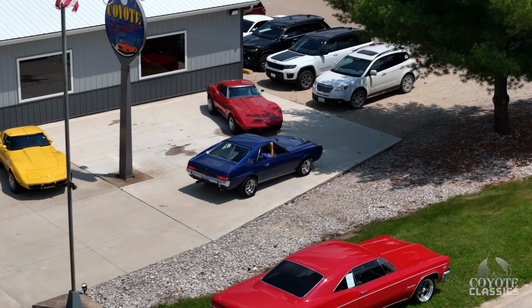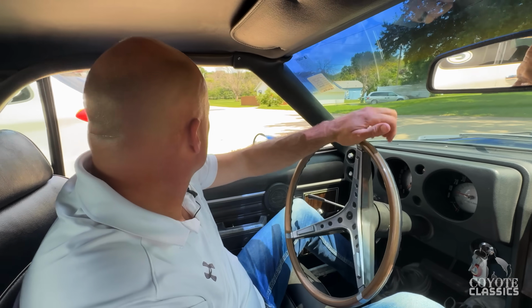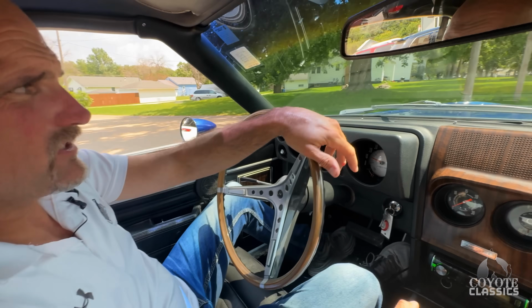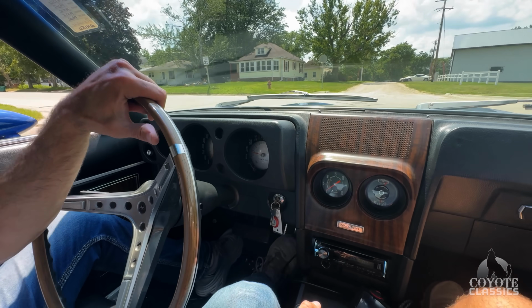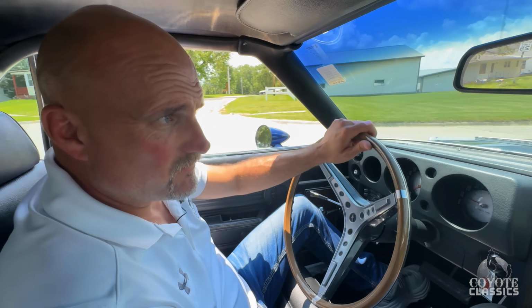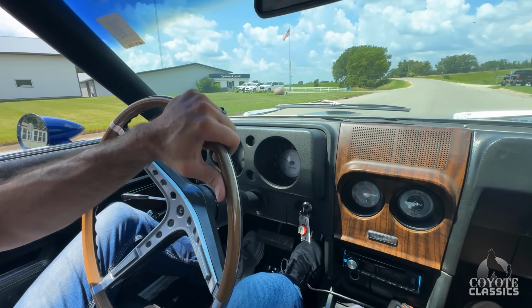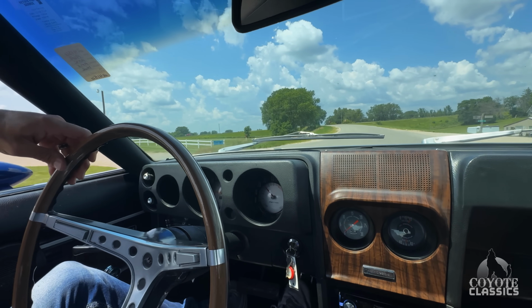I'm excited about this little thing. It's a pretty cool car. And again, it's got the FiTech in it. So they're nice if you don't want to deal with a carburetor, but I've never been a huge fan of being able to dial them in, right? You know what I mean? To where they're just as good as they should be, but there's a lot of people in places that are a lot better than we are. Yeah, with the fuel injection stuff. We're good with carburetors, but when it comes to the fuel injection,